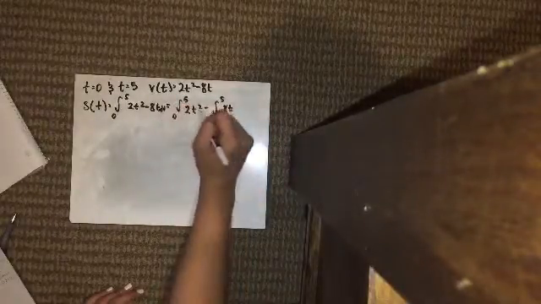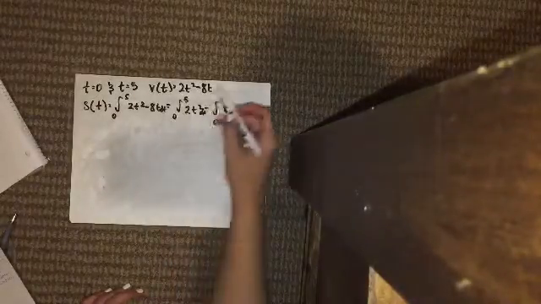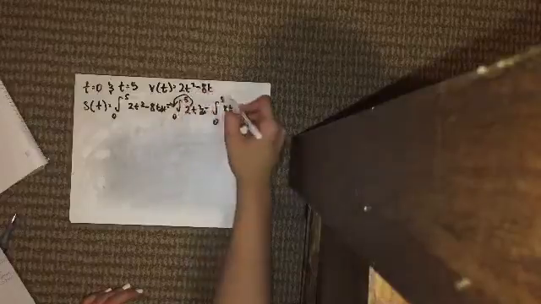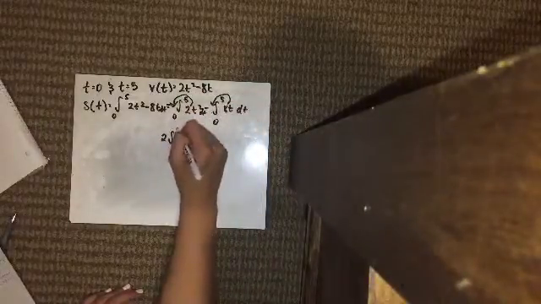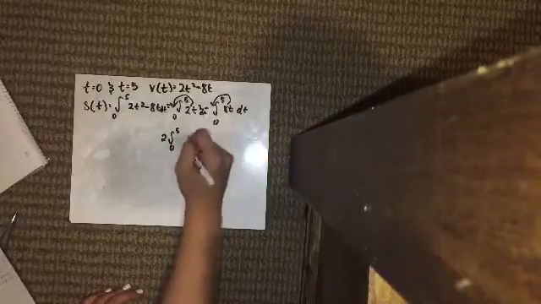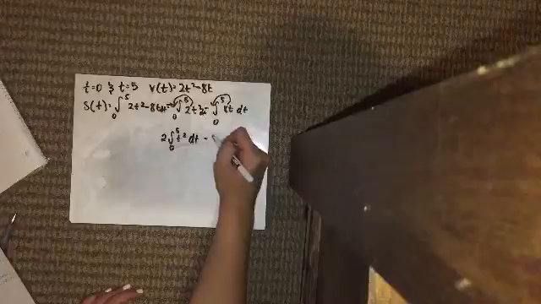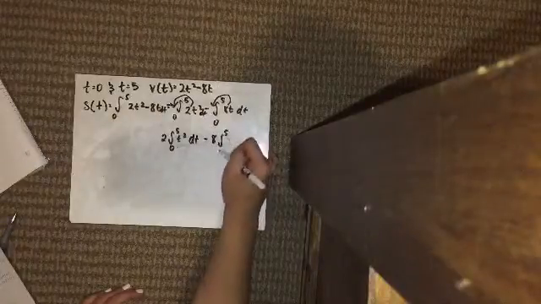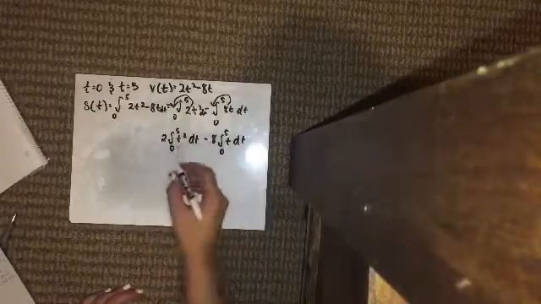Oops, I forgot my dt's. Put those in there. Okay, so we're going to move the constants outside. So we get 2 integral from 0 to 5 of t squared dt minus 8 integral from 0 to 5 of t dt, and take the antiderivatives